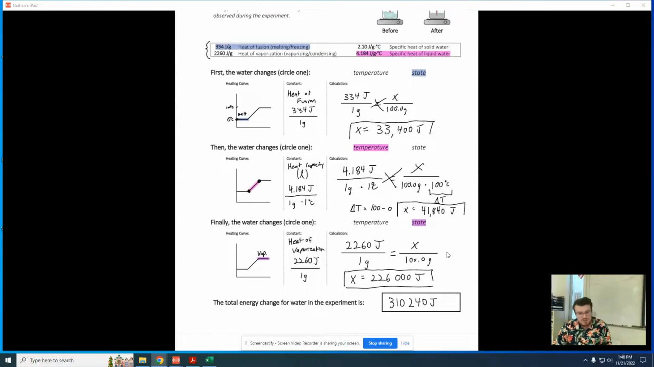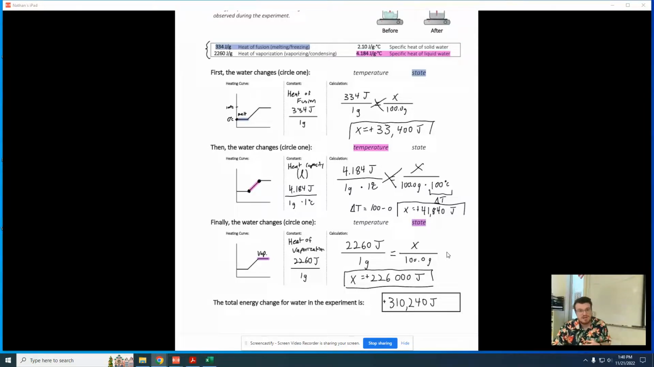The last question we want to ask ourselves when we're doing an energy calculation is if all of these Q's are positive or negative. So again, Q represents heat. In this instance, we are adding heat to the water. So each of these Q's is going to be a positive number, which means our final answer here would be positive